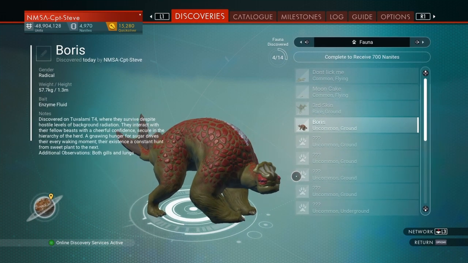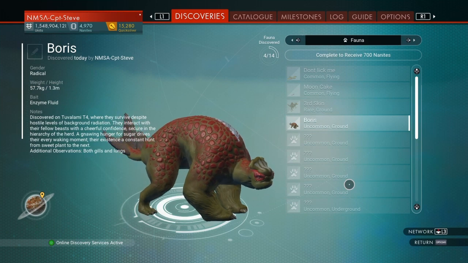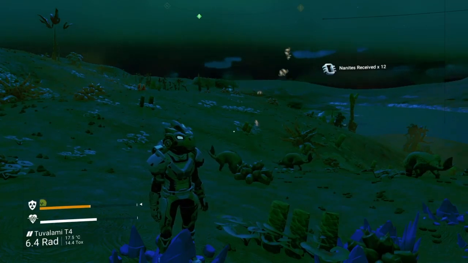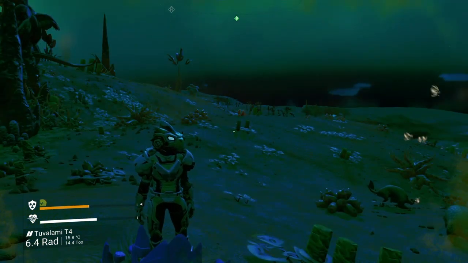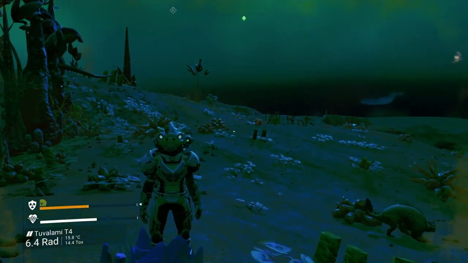There's a few other undiscovered creatures, as you can see here. Some of them are uncommon ground. I have looked around for some time. It says this one's uncommon, but I bet if I come out of this menu right now, I'm probably standing by a herd. Yes, they're all over the place. That's all I'm seeing. I'm only seeing that creature type, and I've been walking around. It's gone from day to night, back to day, and back to night again, and that's all I've found so